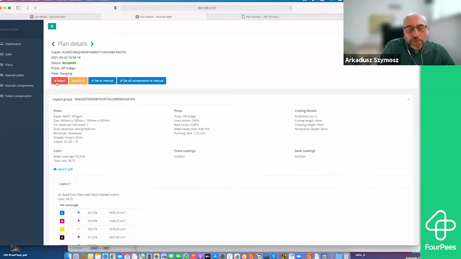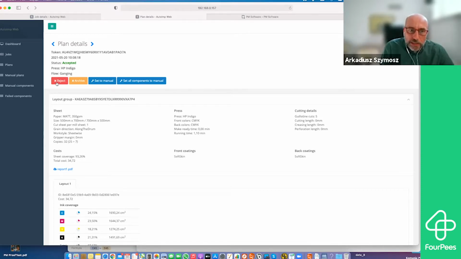what to do if the layout is generated and is printed, for example, but on the print, then the customer phones and says, okay, but I have sent the wrong PDF file. So we do care about the rest of the jobs which are on the generated and printed layout. So the customer will once again have this one job in a new form, but the rest will be used